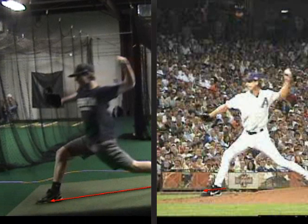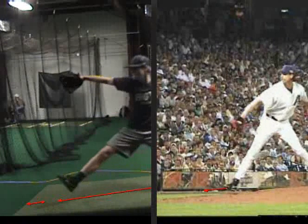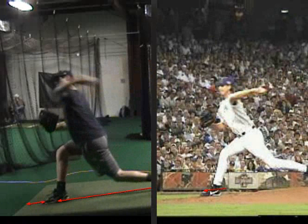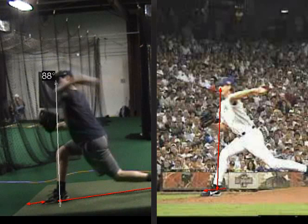And you can see even out here at the end of the mound, you have very little room left. And you're a tall guy, but you're not that tall. He's 6'11", okay? So what I would have you do is shorten your stride up, and you'll see in the next frame or two, when we start to move forward, how you never get over your front side. And this is what we're talking about. Upper half looks great, okay? But you can see how Randy's nose is almost over his toe, and how your nose is behind your toe, okay? And again, you're kind of across your body here, but I think by shortening that stride,